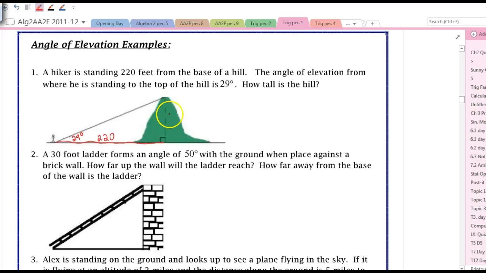How tall is the hill? Listen for this right here. Notice there's absolutely no information about the hypotenuse, nor does anybody even care how long the hypotenuse is. Therefore, we are going to use the tangent ratio. So we would say tangent of 29 is equal to h over 220. And you would solve this equation for h, and you should get